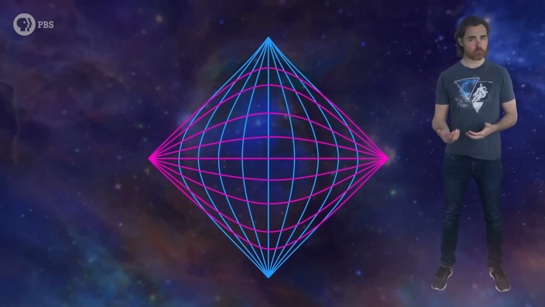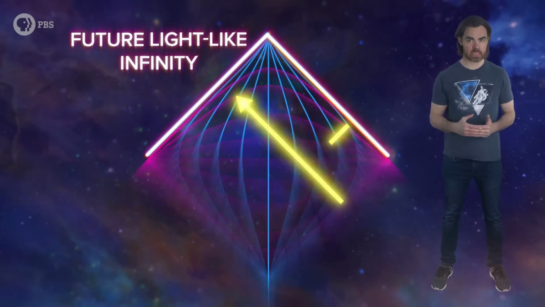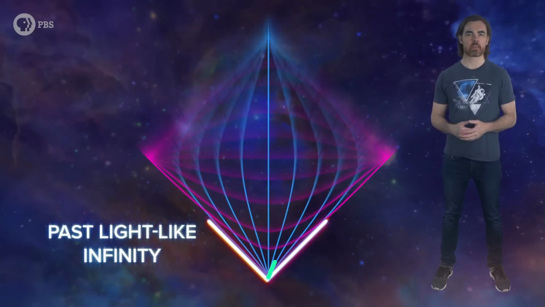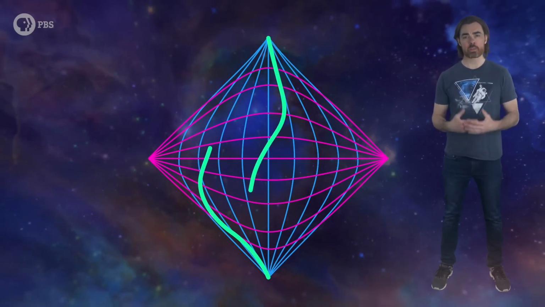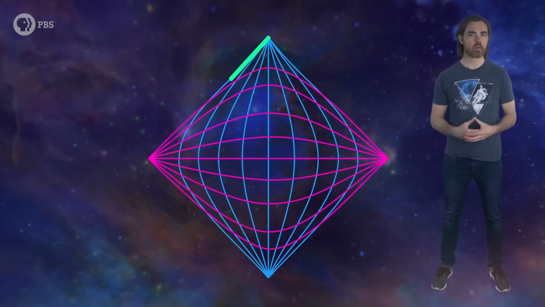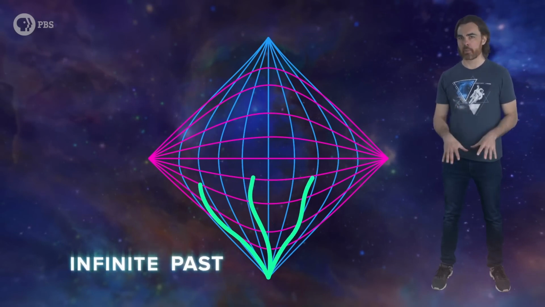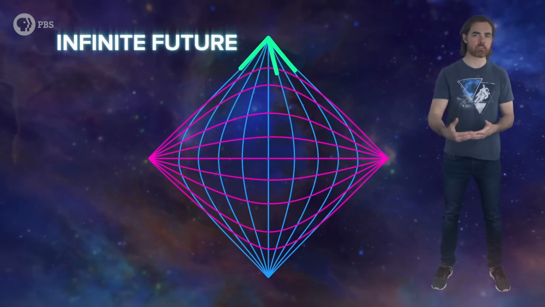This particular conformal compactification is designed to ensure that the path of every ray of light remains at 45 degrees across the map. That means only light speed paths can hope to reach these boundaries ahead, and only light speed paths can originate from these boundaries behind. Any sub-light speed paths, which means paths of anything with mass, will be swept along with the contours of space. All matter must originate at this point, representing all of space in the infinite past, and must also converge to this point, which represents all of space in the infinite future.